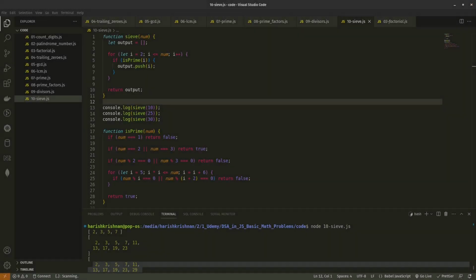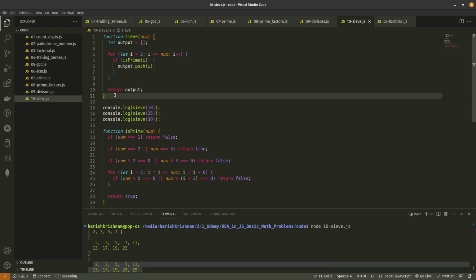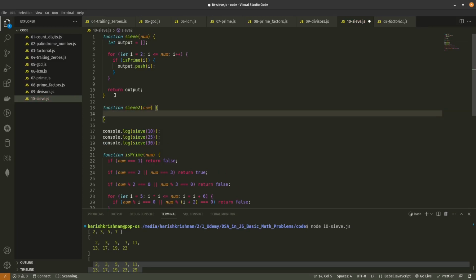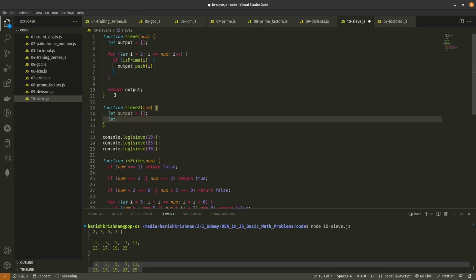Welcome back. Hopefully you were able to solve the problem. If not, no worries. Let's try to solve it together now. Let me create a new function, Sieve2. Now you know why I gave the name Sieve, right? It's Sieve of Eratosthenes. So Sieve2. As usual, let's create let output equal to an empty array, and apart from that, we will also create an array called isPrime, and this is going to be of size